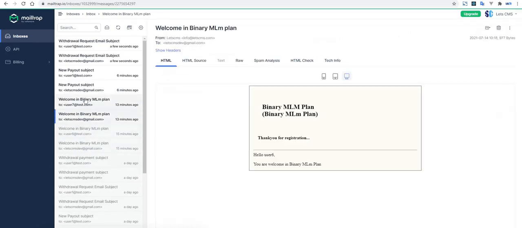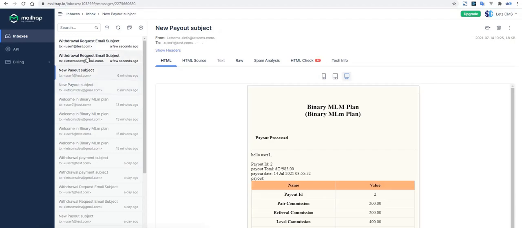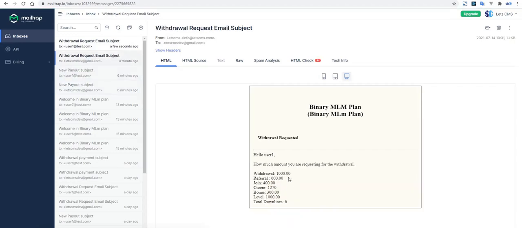Basically, this is the user 6 and user 7, and withdrawal request. Just before some time, the withdrawal request has been processed, and this one, okay, withdrawal request and withdrawal request email subject, one email for the admin and one for the user.